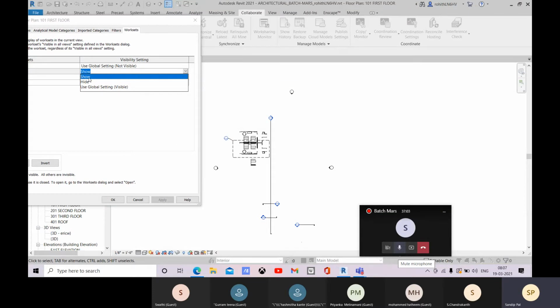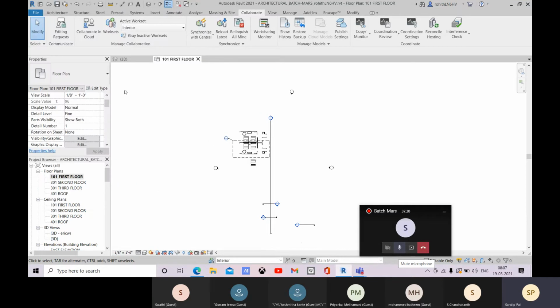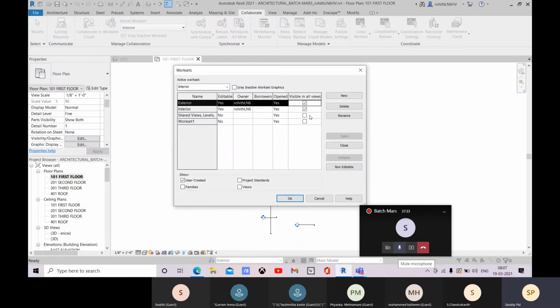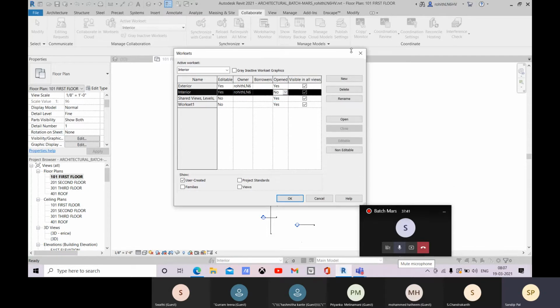So this show or hide, that means here you see this visible. In the worksheet, suppose you have made it not visible, and here you can make it show. Like the opposite: here it is visible and you are hiding it, you can do the opposite also. So let me go for apply, and whatever it is right now, I'll have that. And that is okay.